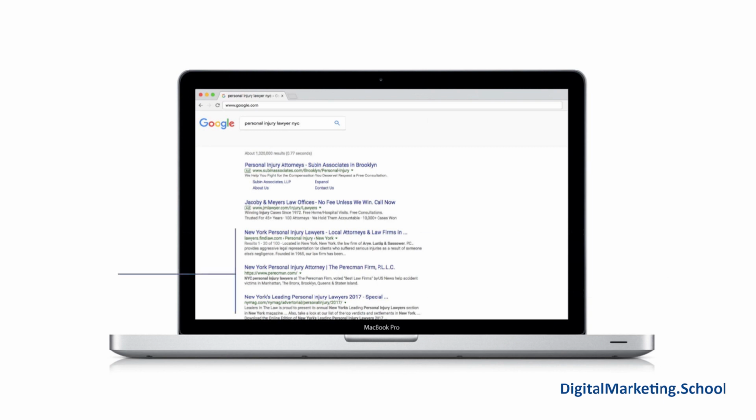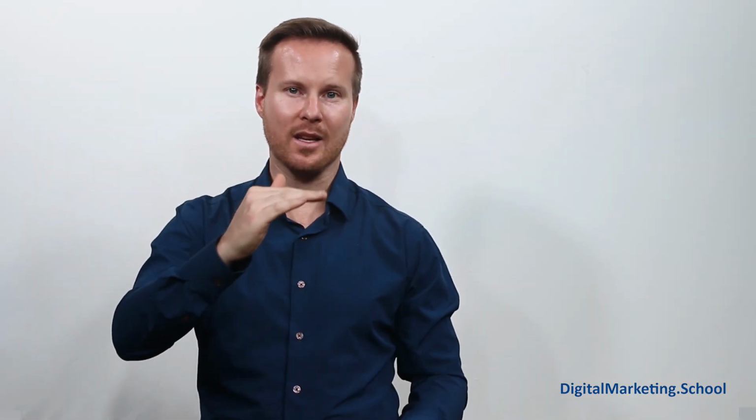The other stat to know is that the first page receives about 92% of all the clicks, which means that the organic positions 1 through 10 receive 92% collectively of all the clicks, which is unbelievable. That means that all the results on page 2 to infinity receive collectively 8%. So that really goes to show you that if you're not on the first page, it's quite obvious why you're not getting the traffic. And so the question you're probably thinking right now is, how do I get to that first organic position? So let's talk about that.